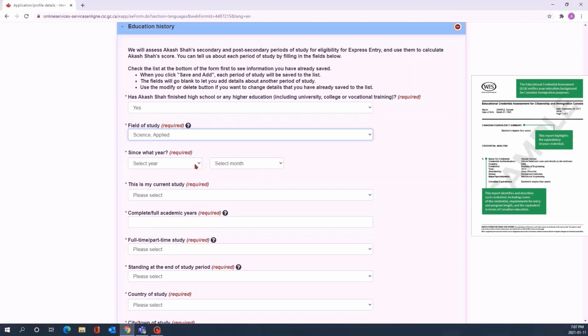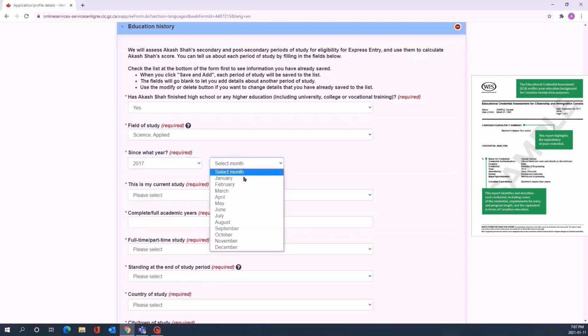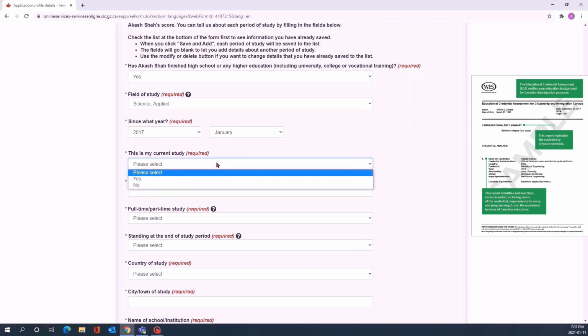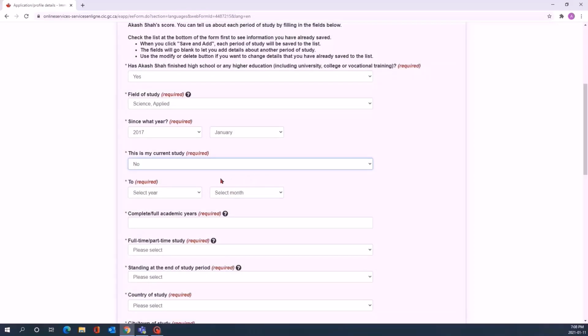And since what year, so I am going to enter the starting year. Here, just as an example, I am going to enter my master's degree only, but I have done bachelor's and master's. So if you have done both degrees, you need to enter both degrees, but here I am just going to enter the master's degree.